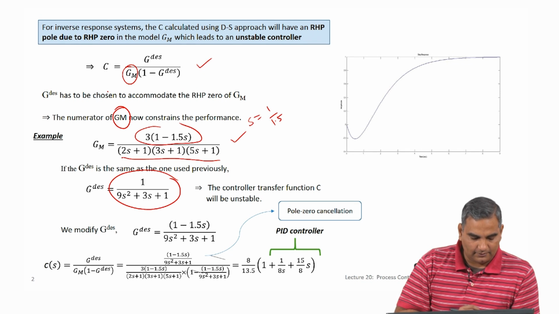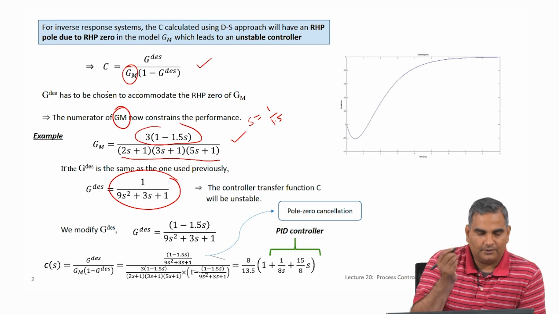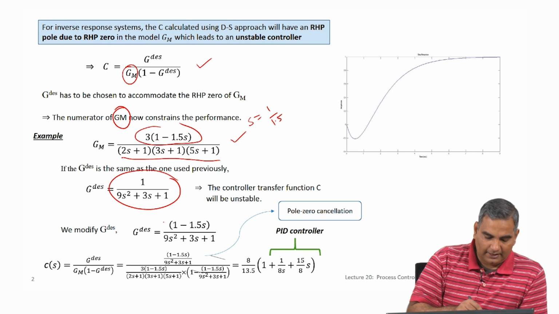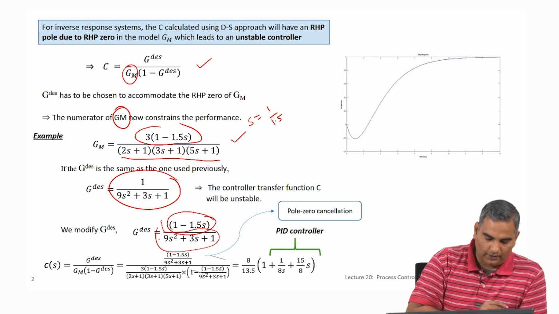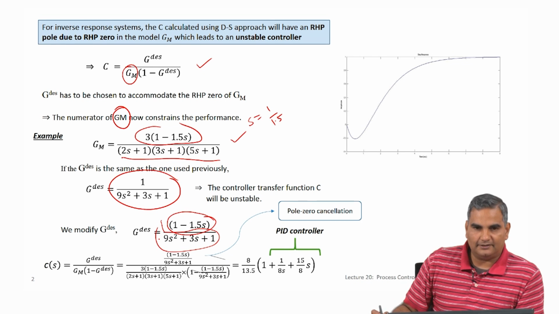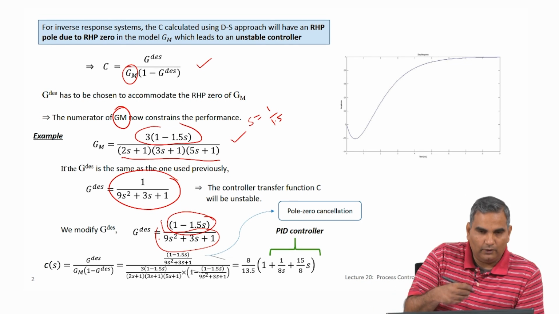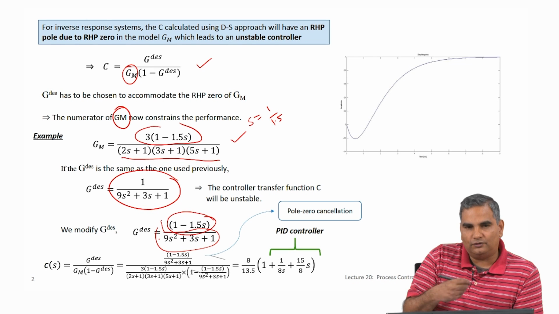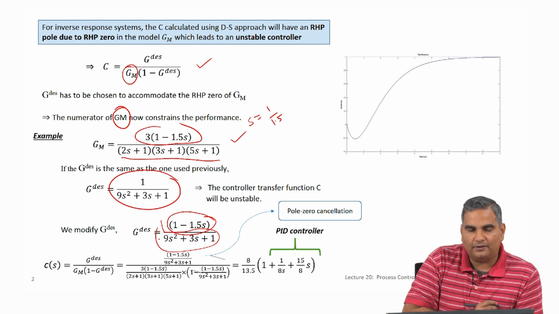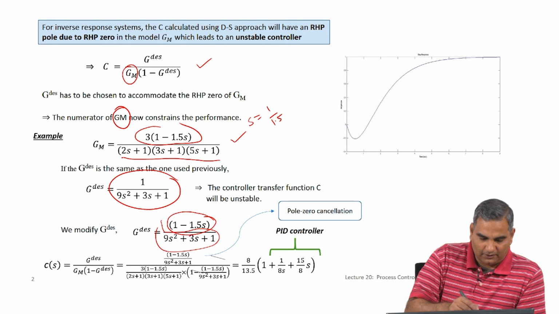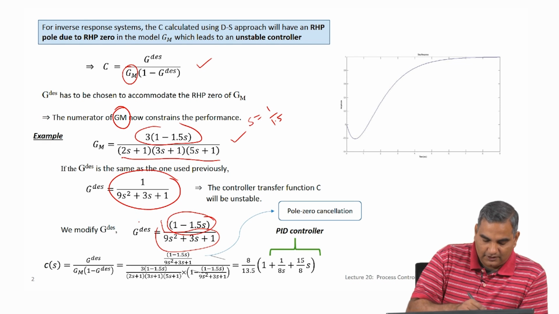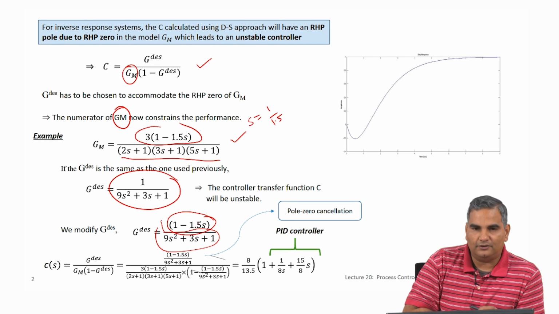I avoid this by saying that I will have to give up something in terms of my G desired. My ideal G desired was this, but I am going to give up something by actually including a right half plane 0 in the G desired. Basically what I am saying is I am going to modify my expectation, and I am going to assume that I will have inverse response in the G desired also. Why would I have inverse response here? Because just like how we analyzed here, this G desired transfer function has a right half plane 0. That means the G desired itself will show you inverse response.